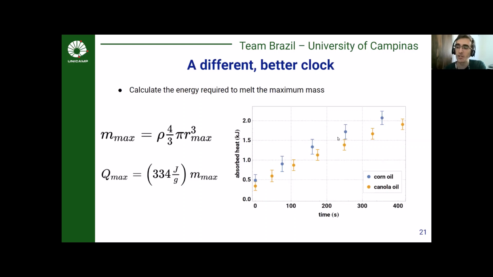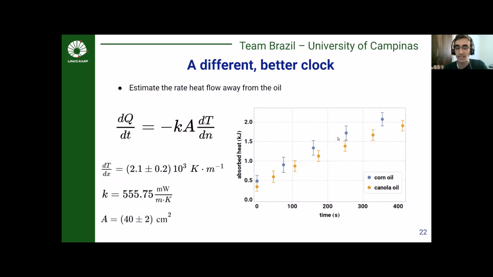And if you know the amount of heat you need to melt the water, if you can measure the rate at which heat is transferred from the vegetable oil to the ice cube, and we model the vegetable oil as a thermal reservoir, which is our main approximation and the most important parameter in terms of optimizing our setup, we can actually get a measure of absorbed heat as a function of time just by using the thermal conductivity of the water layer and the temperature gradients and the area of an average ice cube made from a home